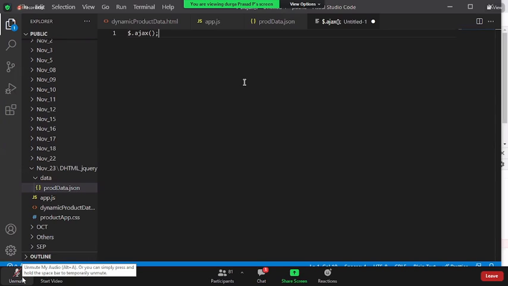Now, when I say the dollar dot ajax method, this is one of the predefined methods using which you can implement that concept practically. This is what jQuery is providing. So what jQuery is saying is, anytime you want to hit a URL and receive the data, use this method. If you are going with plain JavaScript, there is a predefined method called the fetch method. Let me show you that also.